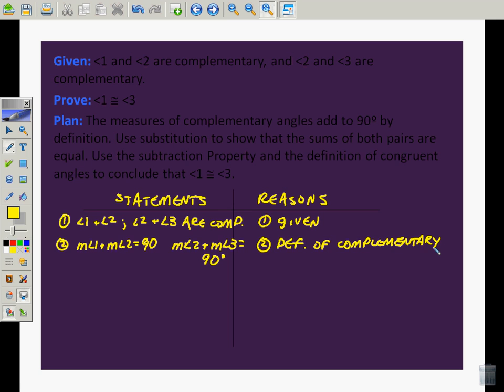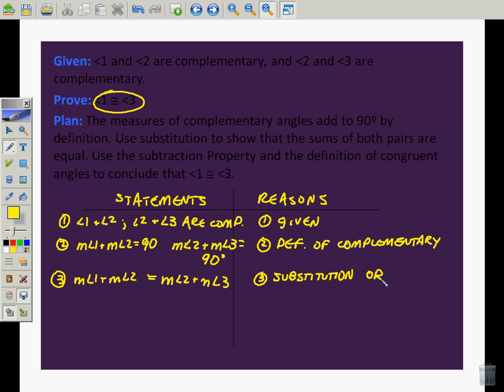Okay, now it's time to reevaluate. Where am I going? I want this at the end. I want 1 and 3 to be together. So I need to somehow combine these two things. Well, in number 3, I need to get angle 1 and angle 3 in the same sentence, but on different sides. So what I'm going to say is this. The measure of angle 1 plus the measure of angle 2 is equal to the measure of angle 2 plus the measure of angle 3. That is by substitution